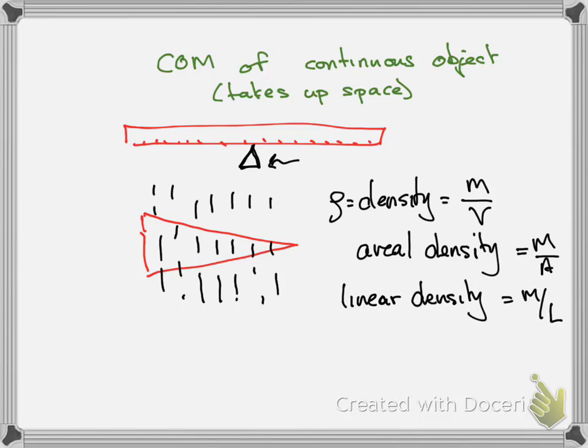That's where it would balance if we actually put a fulcrum under there. That's the thing that it balances on. So where would the triangle balance? It wouldn't balance right in its center because there's more mass to the left than to the right. So it's going to balance somewhere over here, right? It's going to balance somewhere over there. So we can figure out where it would balance if it's a continuous object. Let's think about how we could calculate that.